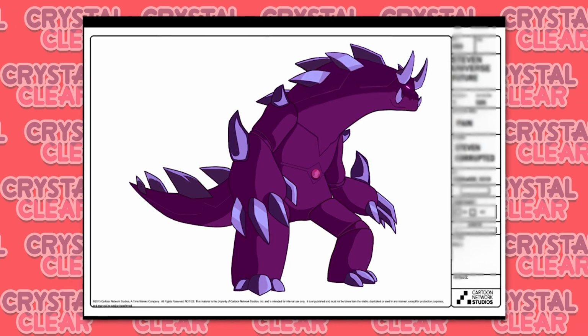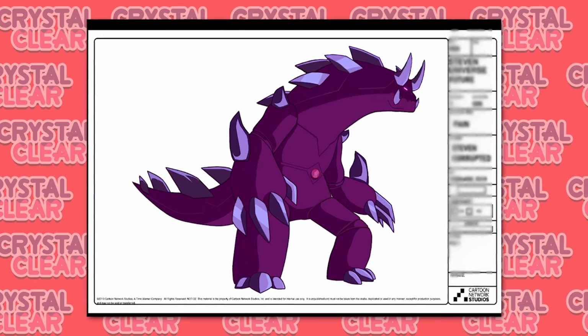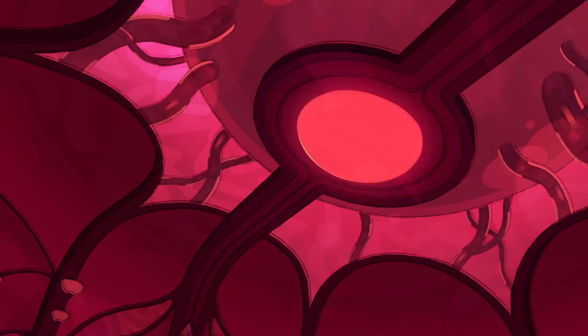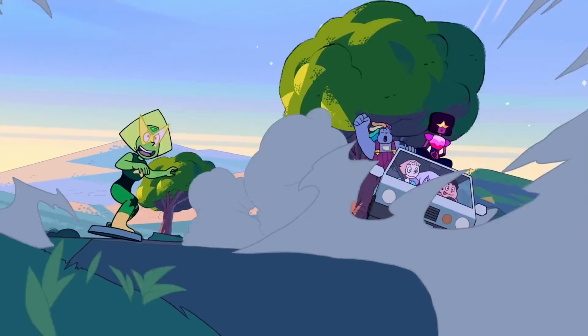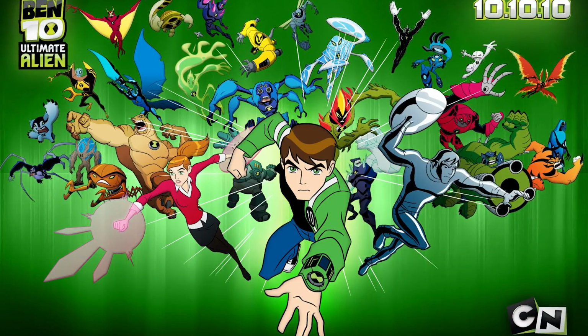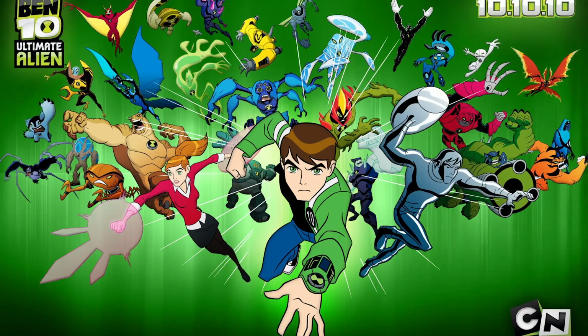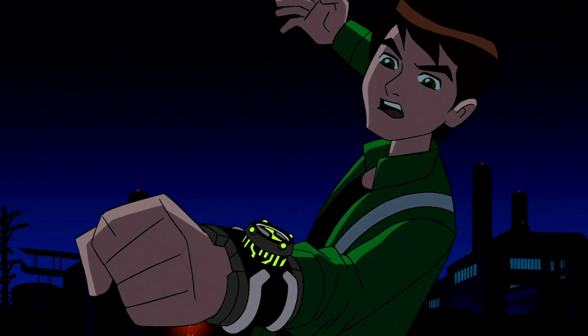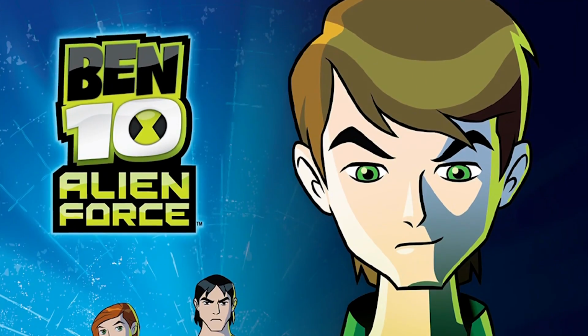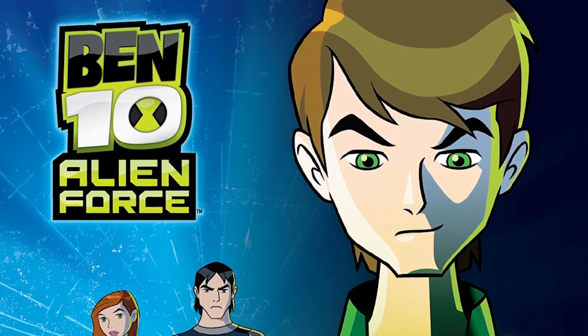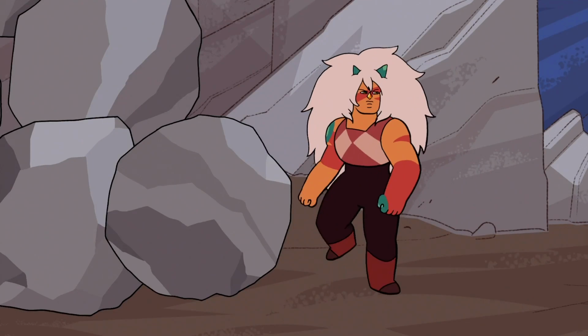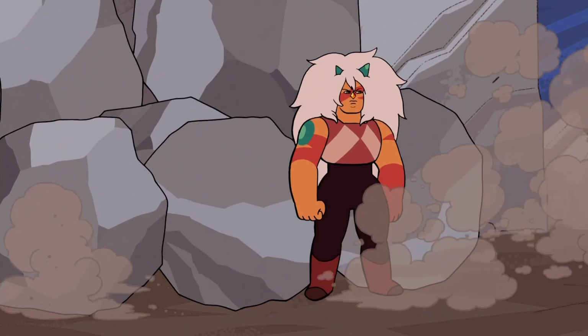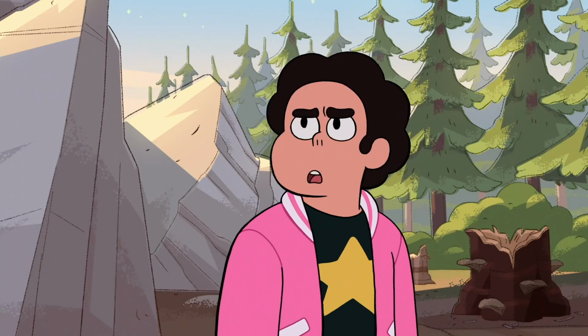But just to go a little bit more in depth, the model sheet is labeled as Steven Universe Future. However, Steven Universe Future seems to be only referred to as Steven Universe Future for marketing purposes. Yes, it is considered its own epilogue series, but much like a previous Cartoon Network series, Ben 10 Ultimate Alien is still produced under the name as the previous series. So as Ben 10 Ultimate Alien was initially produced as just more Alien Force, Steven Universe Future was produced as Steven Universe, just more of that.